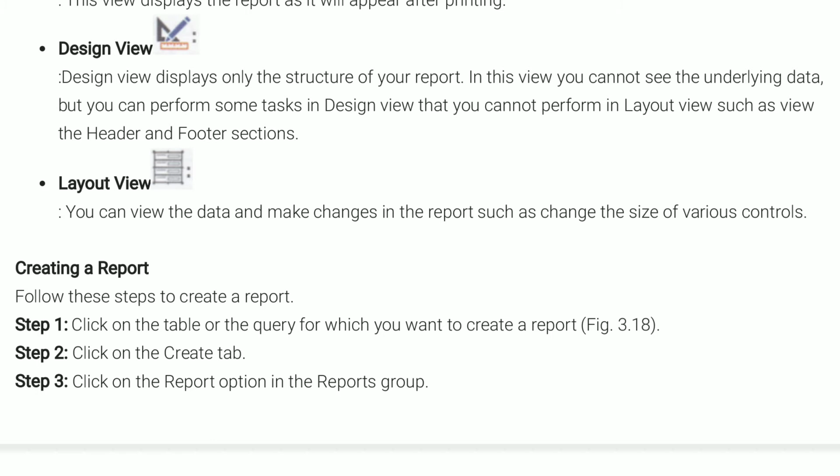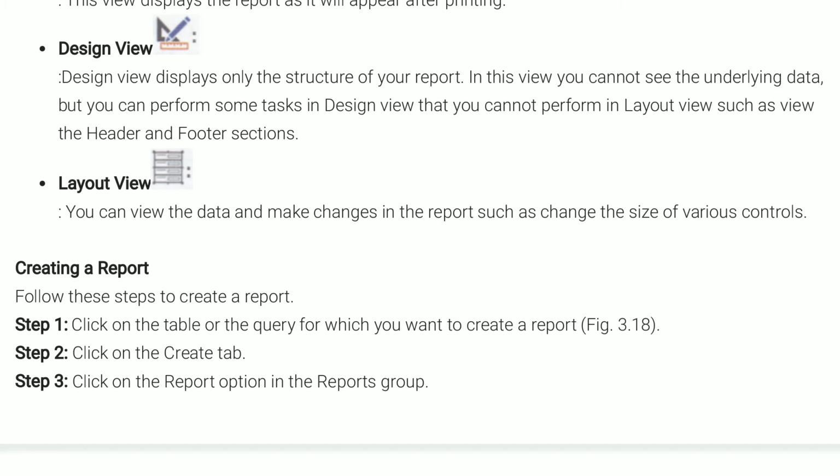Where will the header section be, where will the footer section be, where will the logo be, where will the color be, all these formats, all these designs can be seen by us. The structure of the report can be displayed to us using this design view, but we cannot see the underlying data.